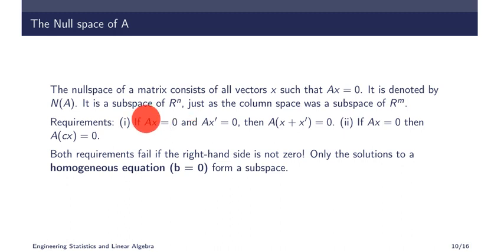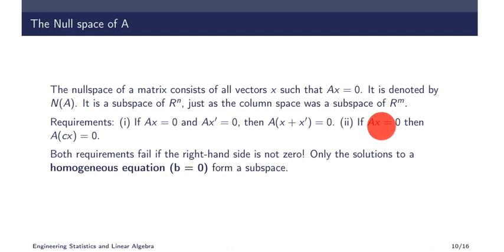One is that if Ax is equal to 0 and another vector Ax dash is equal to 0. So there are two vectors, x in this subspace and x dash is also in the subspace, because it follows that equation. Now add these two equations. What happens? Ax plus Ax dash is A into x plus x dash, right side 0 plus 0. So A into x plus x dash is equal to 0. That means that Ay is equal to 0, so y is the element of null space. What is y? x plus x dash. So y is element of null space means x plus x dash is element of null space. So it is closed under addition.